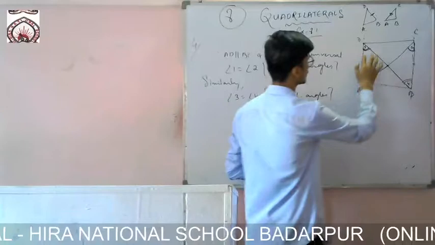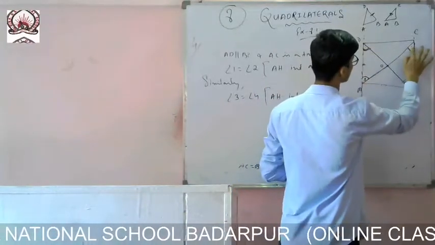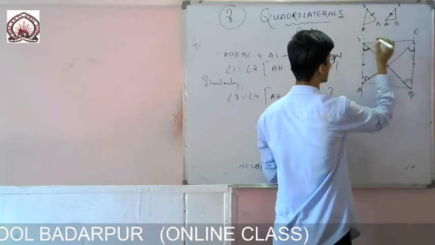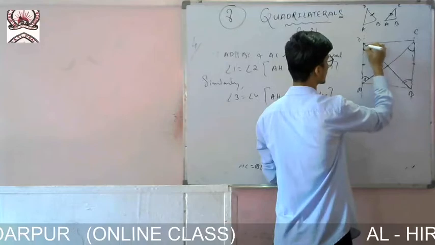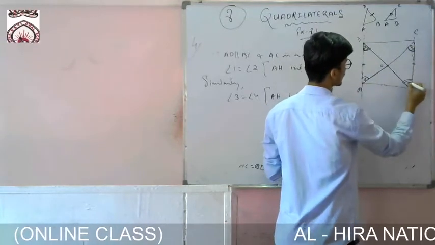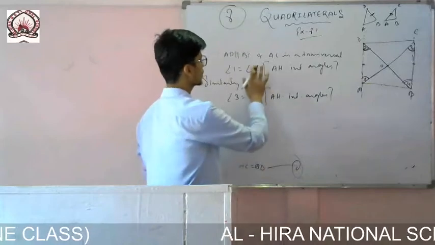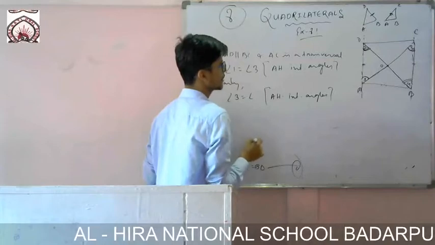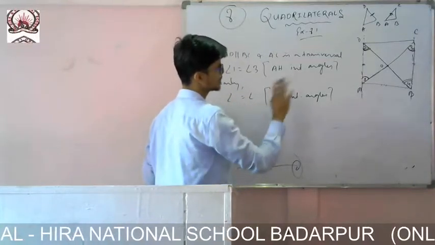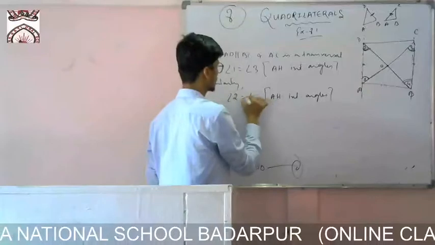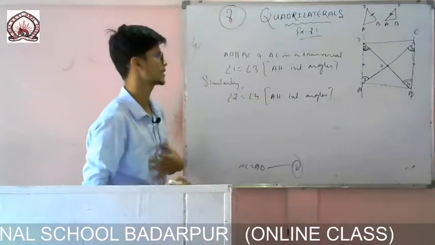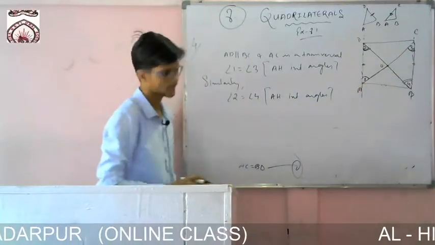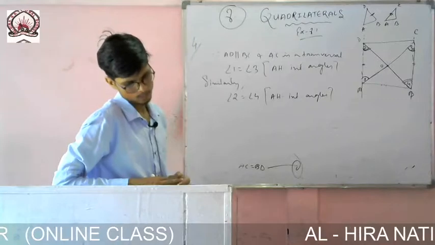One thing you do, you give it serially, so it will look good also. You can rewrite this, or else you will forget. Angle 1, 2, 3, 4 you give serially. So angle 1 will be equal to angle 3, and angle 2 will be equal to angle 4, odd and even, so it will remain in your mind. So you give like this: 1, 2, 3, 4. Now what I have written is angle 1 is equal to angle 3 and angle 2 is equal to angle 4.